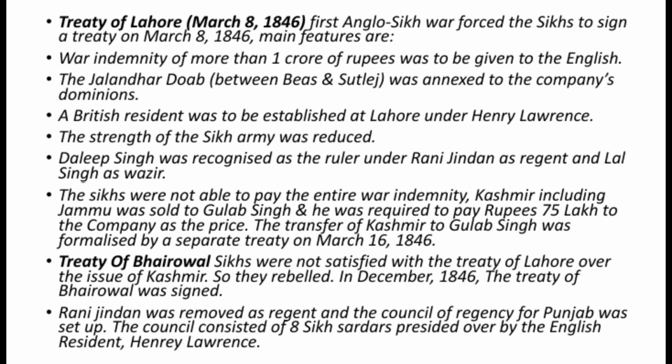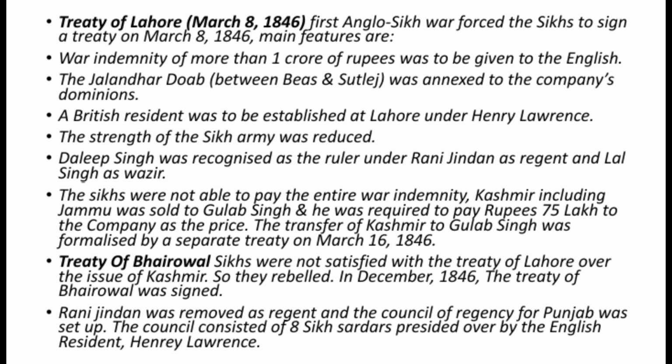Now the Treaty of Lahore, March 8, 1846. The end of the First Anglo-Sikh War forced the Sikhs to sign a humiliating treaty on March 8, 1846. The main features of the Treaty of Lahore were: a war indemnity of more than 1 crore rupees was to be given to the English, and the Jalandhar Doab between the Beas and the Sutlej was annexed to the Company's dominion, and a British resident was to be established at Lahore under Henry Lawrence, and the strength of the Sikh army was reduced,